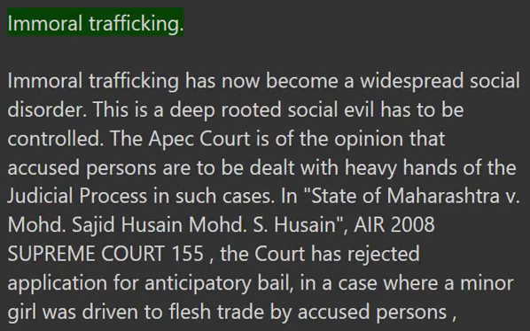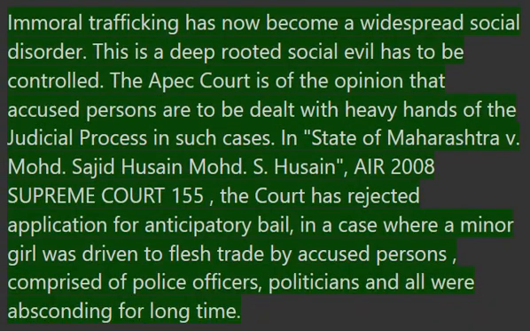Immoral trafficking has now become a widespread social disorder. This is a deep-rooted social evil that has to be controlled. The Apex Court is of the opinion that accused persons are to be dealt with the heavy hands of the judicial